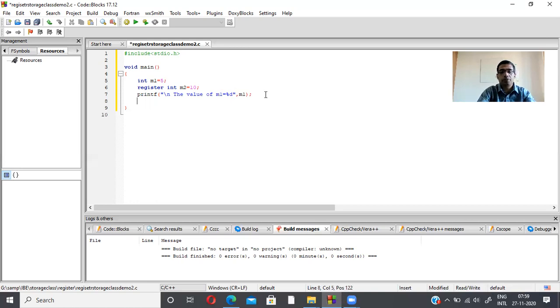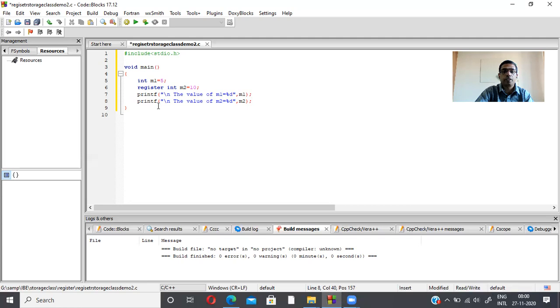Next, I am printing the register variable, printf \n, the value of m2 equal to %d. m2 is an integer variable that belongs to the register storage class. That's why the format specifier %d is given here.